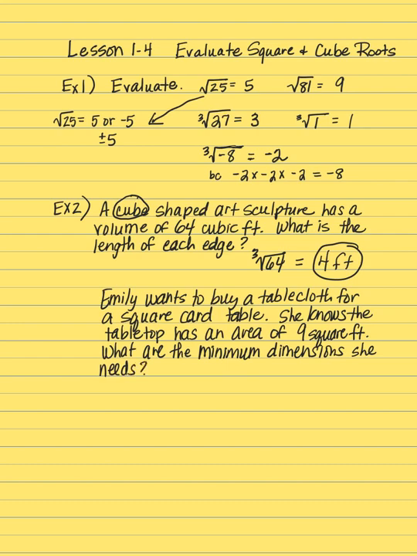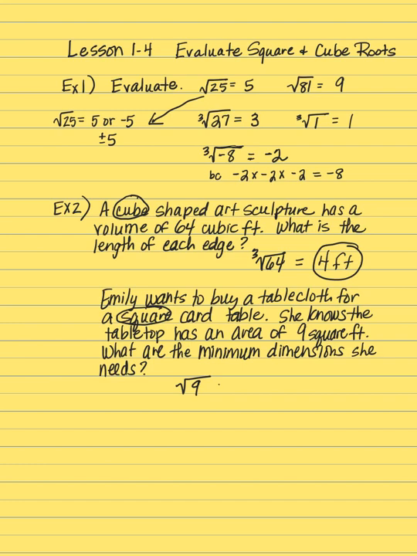Okay, well, this one we have a few keywords too. We have a square card table, so we know it's not a cube, it's a square. And we know the tabletop of this is 9 square feet. So anytime you're doing area, you're multiplying length times width, that's 2 things. And obviously with it being a square, those 2 things have to be the same length. So we're wanting to know what number times itself gives us 9, and that's the same thing as the square